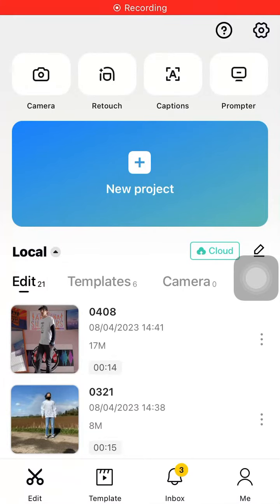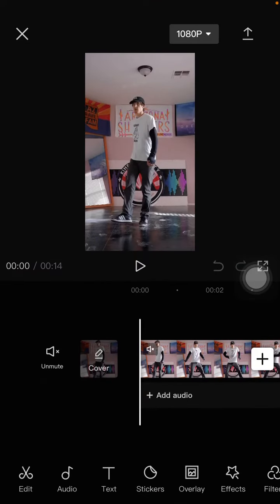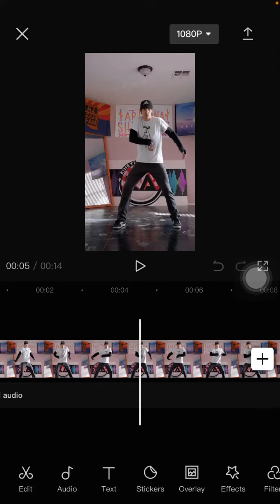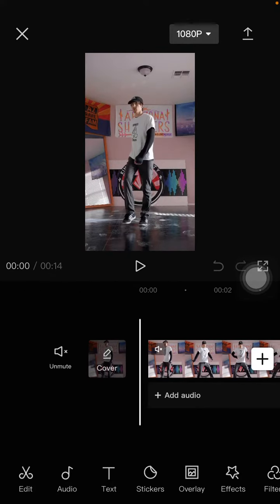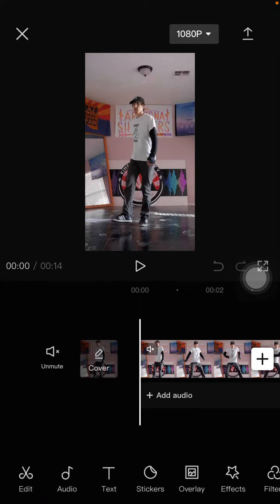Hey guys, in this video I'm going to show you how to follow focus edit in the CapCut app. So open the CapCut app and tap on your project, select your video you'd like to edit, and I'm going to select my project. So I already have one video here, and to do the follow focus edit,